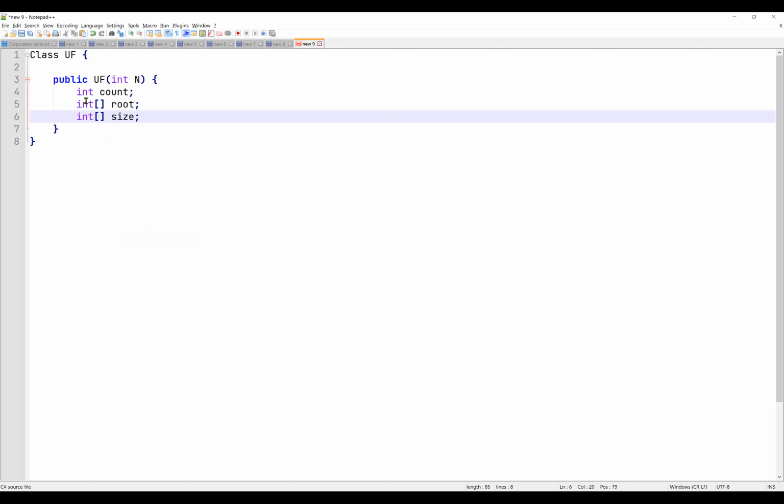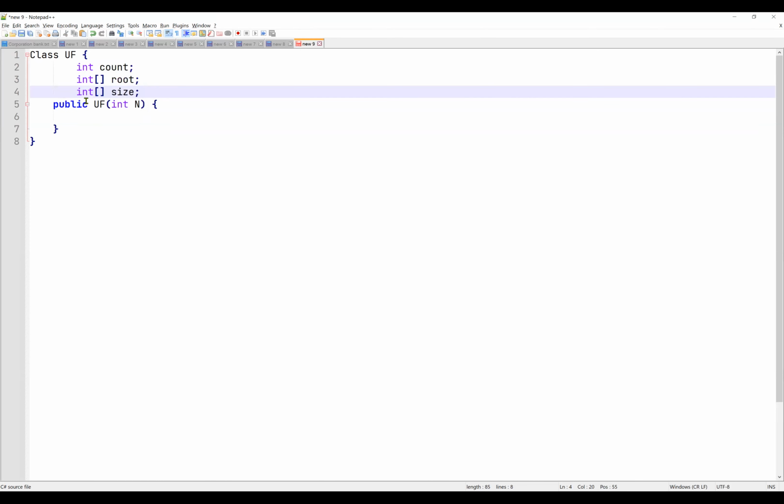Basically, there are two ways to optimize the algorithm, a weighted union find, and there are two ways to calculate the weight. One is the height, and one is the depth of the tree. Both essentially yield the same efficiency for this algorithm, but we choose one over another, and we will go through that today. Okay. So these are the three things that I want to define at the class level.